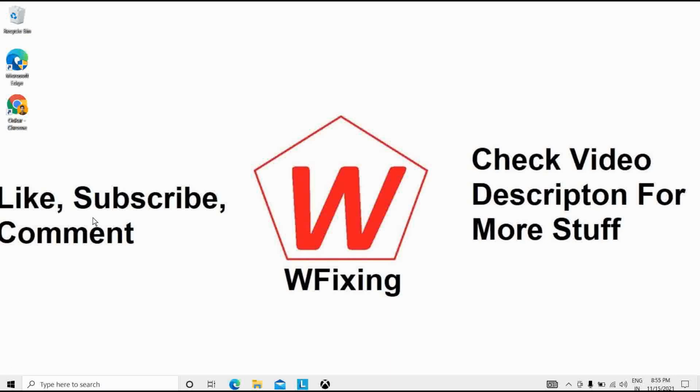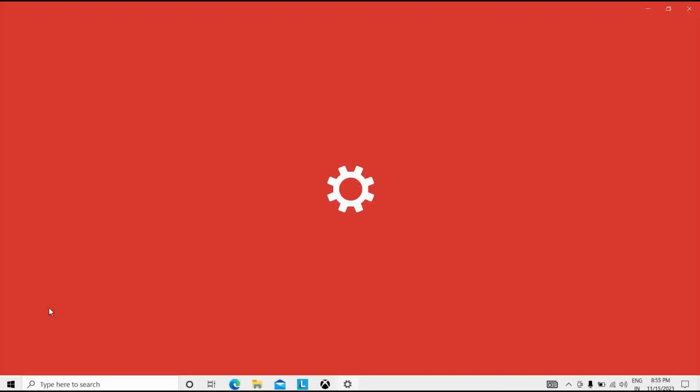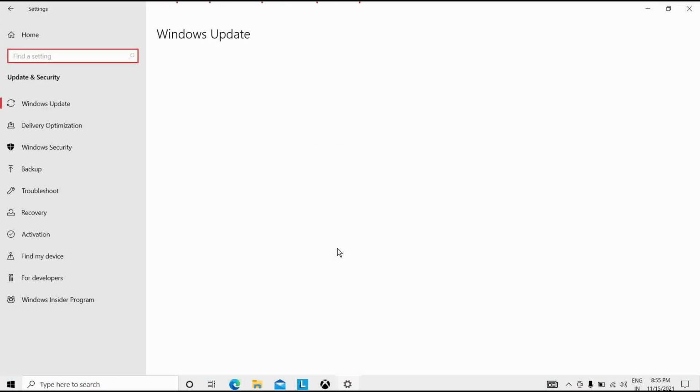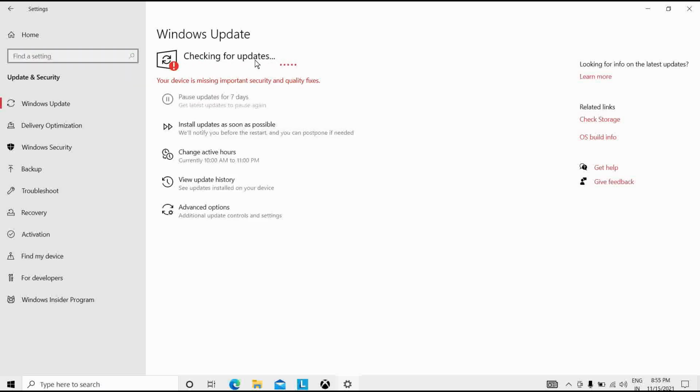The second solution is to update your Windows 10. For that, I will click on the Windows icon, and after that click on Settings. You can see the Update and Security option. I will click on that. You can see this interface, that is Windows Update. It's showing that you are not up to date, and I will be checking for updates. If your PC has an update like this, or you don't have any update, it will show you here.